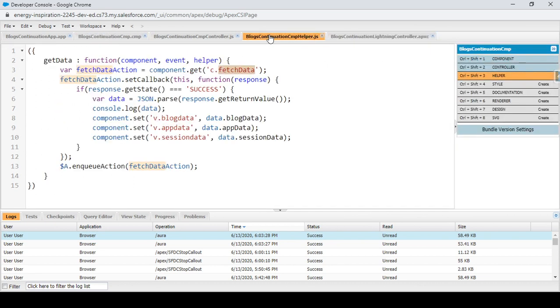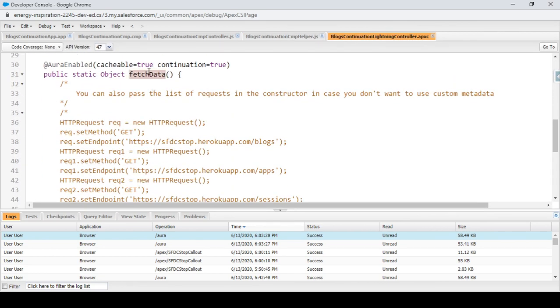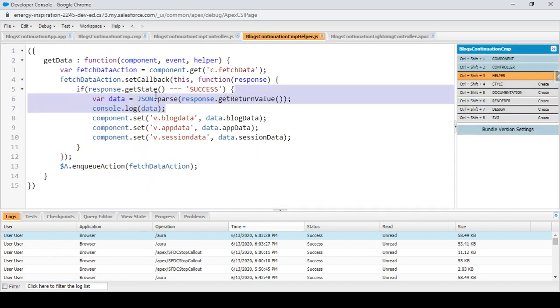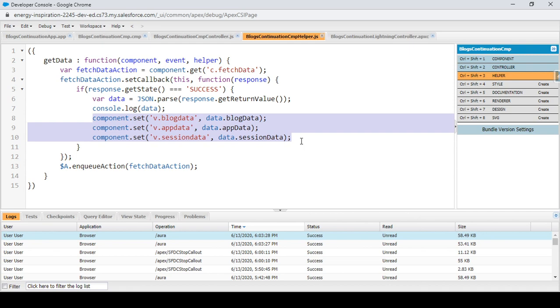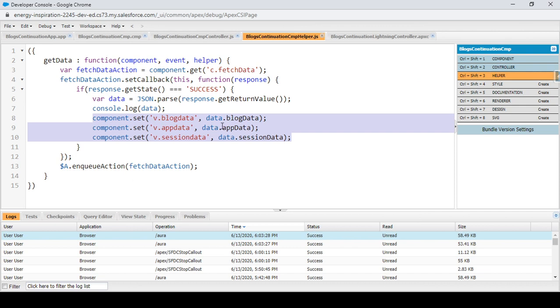And what we are doing in the helper initially, we are actually going to call the fetch data method of my Apex controller, and we are getting the data in the response. So this must be having a method named fetch data. So this is the method that I'm calling from the Lightning component whenever the component is initialized, and I'm getting the data in the response, right? And finally, I'm just setting up some attributes and showing the data in the Lightning component. So we are just going to focus on the main stuff first, but we'll see later on how we are actually parsing the data and how we are actually displaying the data as well, right?